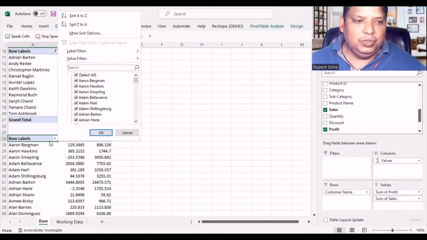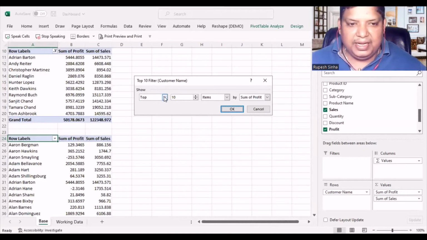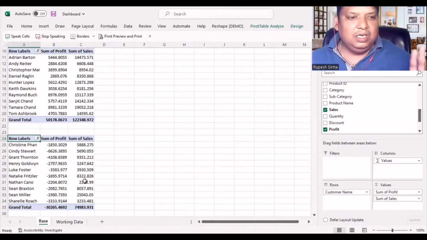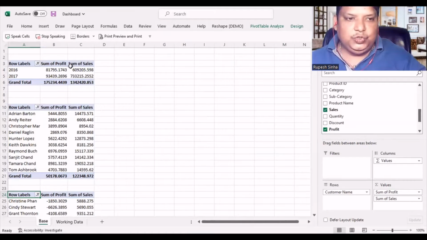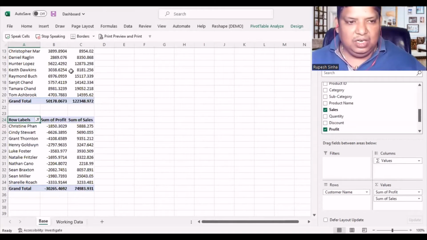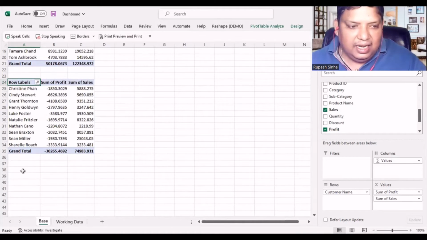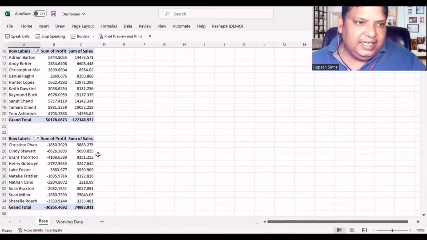So click on the row label again, go to value filters, top 10. I don't want top, click on this, make it bottom 10 items, sum of profit. Okay. So we have got the 10 worst customers on this page. So we have got 1, 2, 3, a total of 3 tables. These tables I'm going to use to show the data, and then we will be creating charts with this. Now I am interested in product